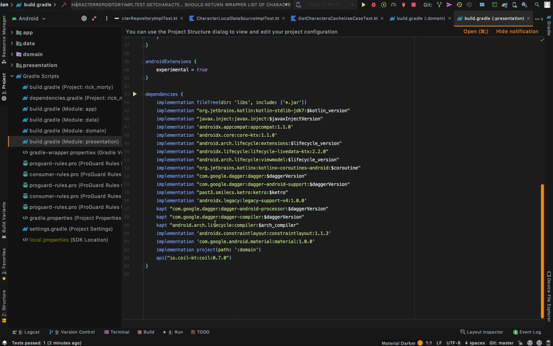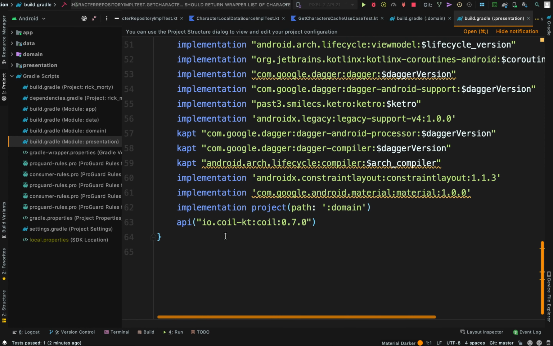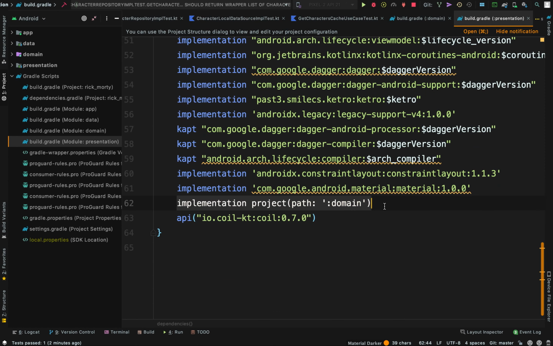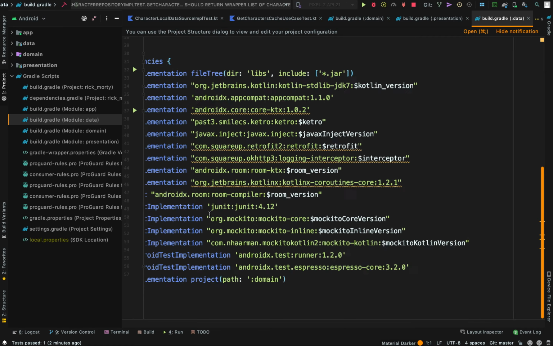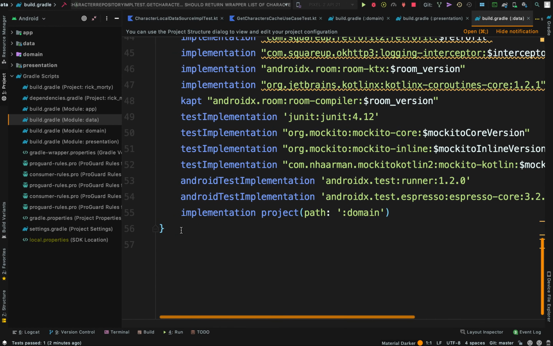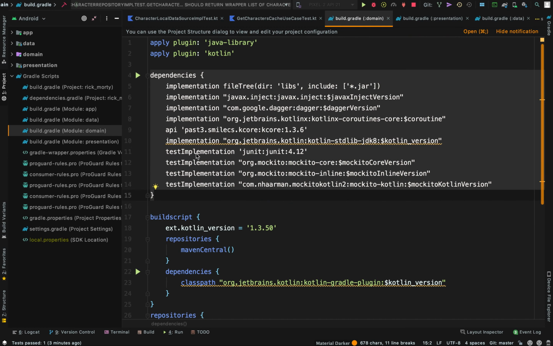But in our presentation layer, you can see that the domain layer itself is a dependency to it, and as well in the data layer, this is the Gradle file. You can see the domain layer as well. It's also a dependency to it. So if you remember the onion itself, you can see that the domain layer should not know anything about these other guys,